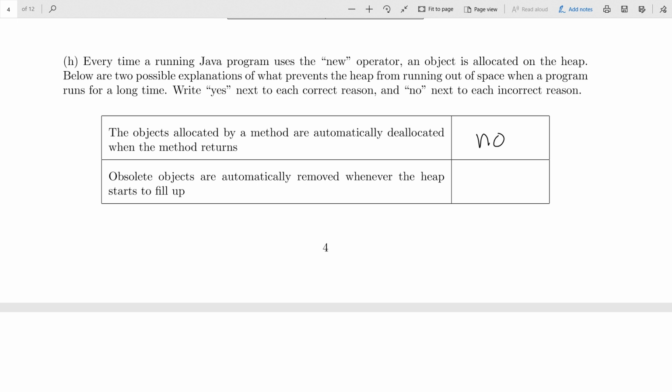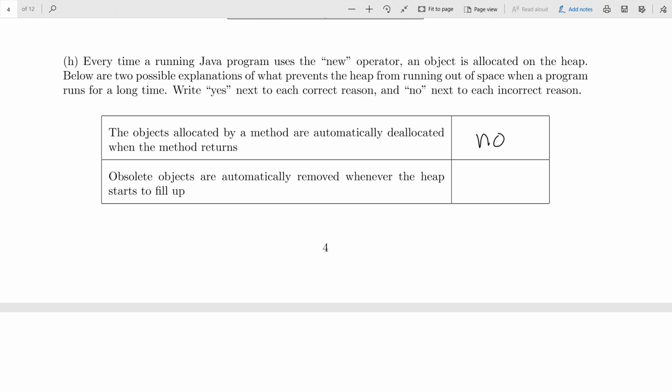So why not throw away all the objects it created? Yeah? You can't make any other calls to the object. Okay, the point being that the purpose of calling the method may have been to create the object and return it. If you then turned around and got rid of it, that would be bad. So that's not how it happens.